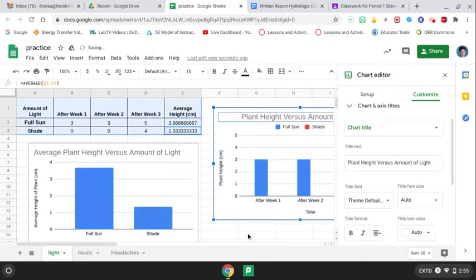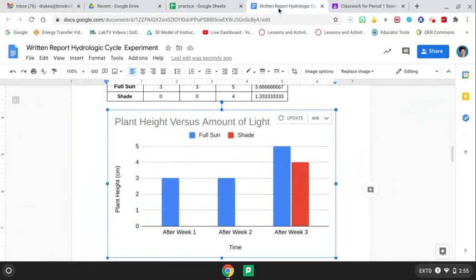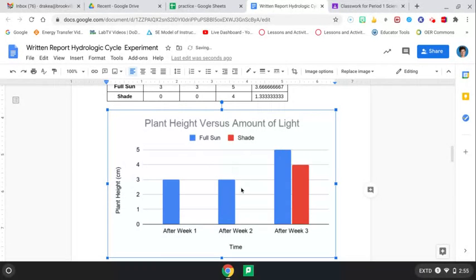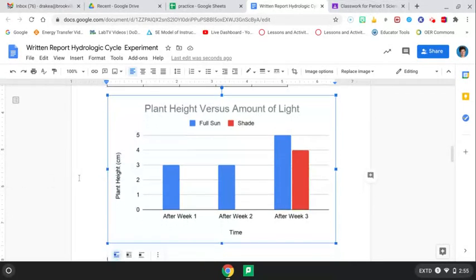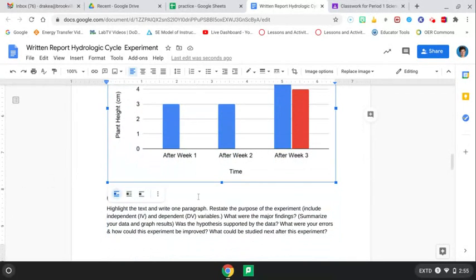So it's centered here. If I go over to the written report and I hit update, it will change whatever I need. So that's pretty good. I've got capitalization in units. I have a descriptive title. I have an x-axis label because that's time. There's no misspelling. Everything's capitalized. Looks pretty good. So I'm going to click down here,